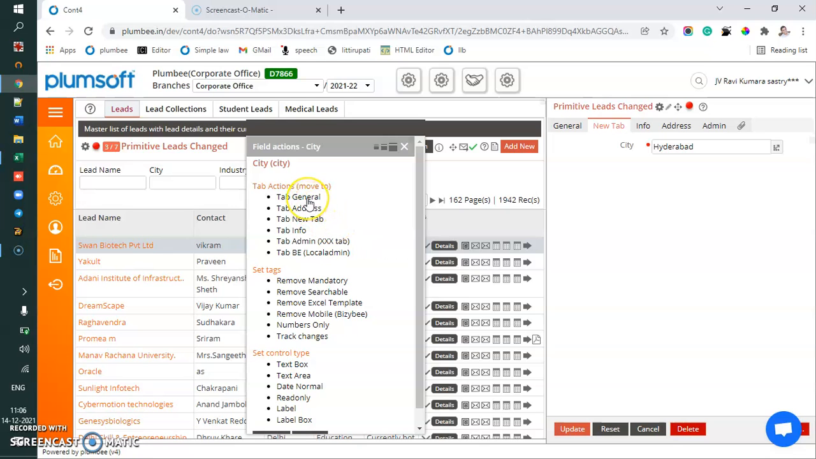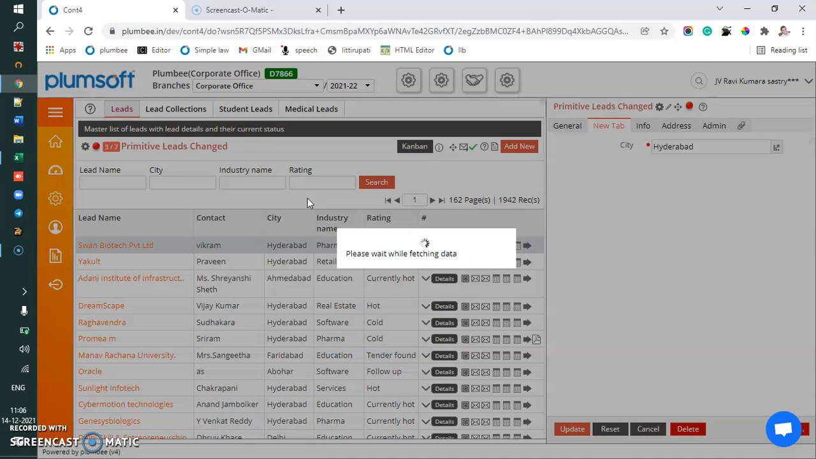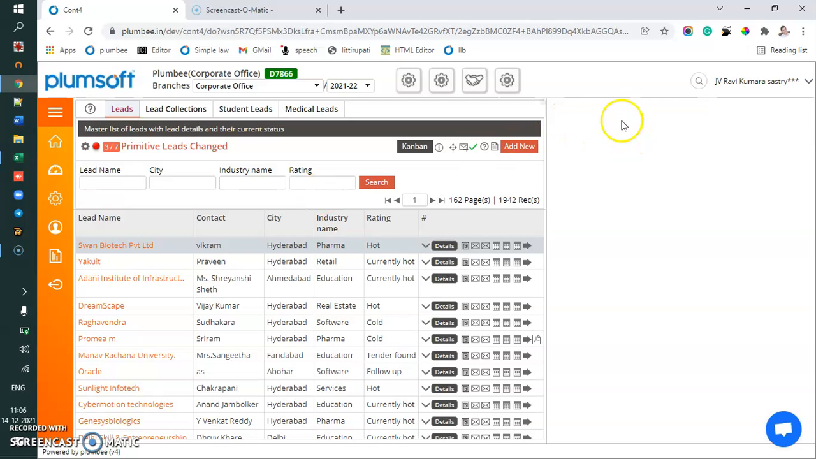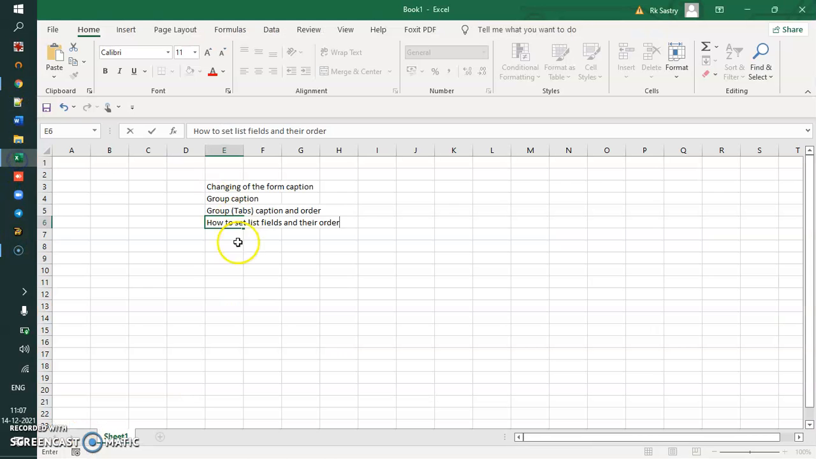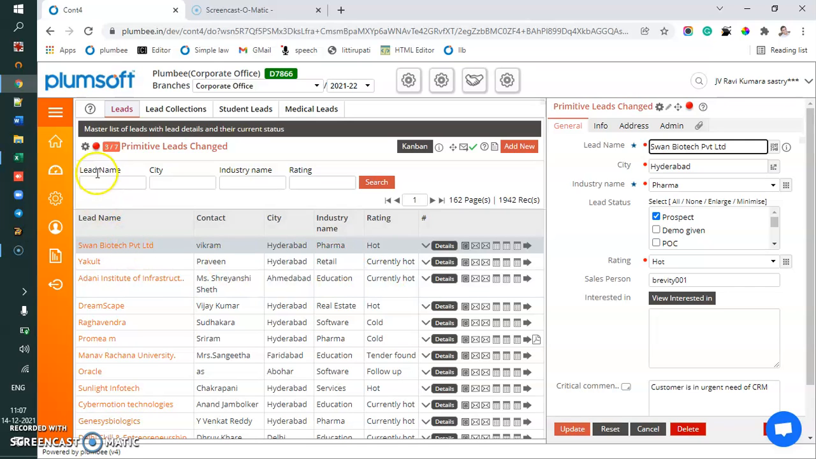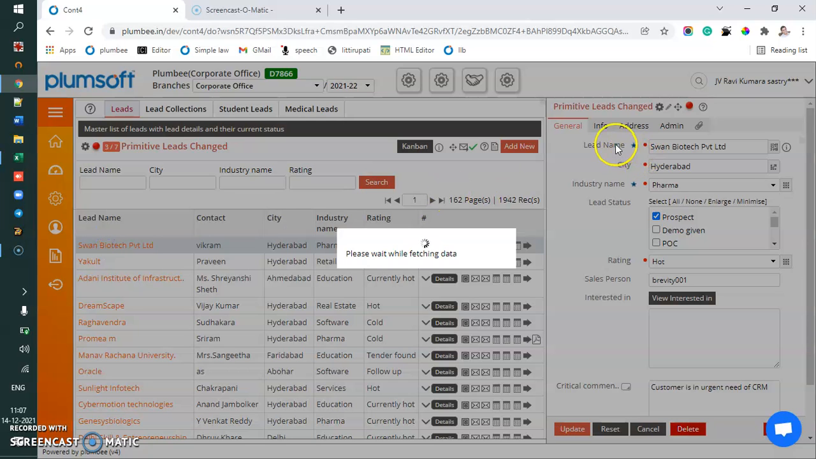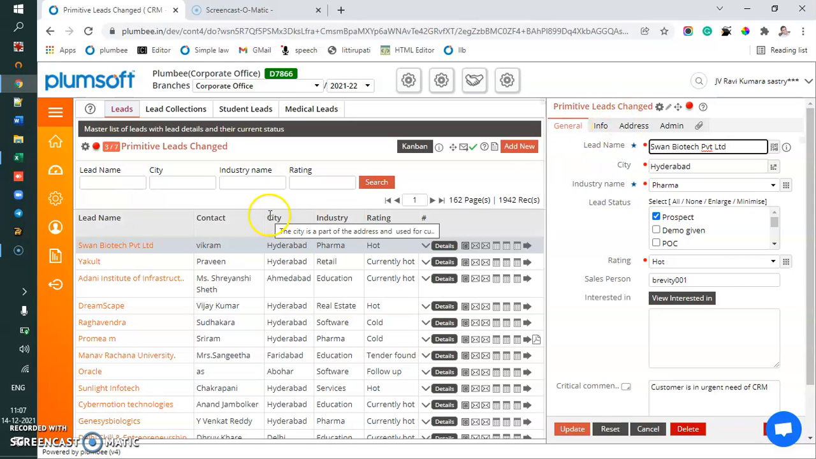Now see, I am bringing this also back to general. The moment I bring back to general, you will see on the right side the new tab vanishing. That means because there are no other fields having that tab. So here we have seen caption changing of the field, new tab creation, etc. Now for each of these fields, okay, and the form, there are a lot of help that can